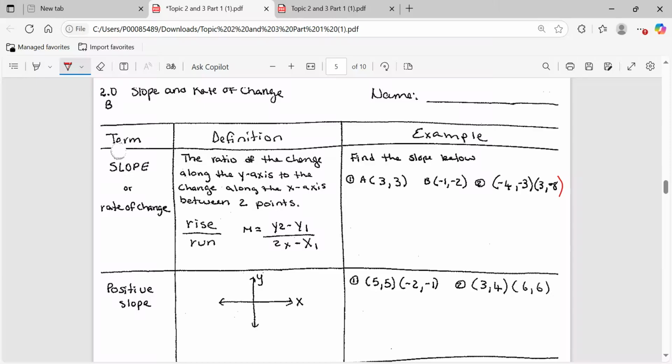Well, hello, Algebra. Today we're going to be doing 2.0b, which is just talking about slope and rate of change. That's slope from 2 points, slope from a graph, and slope from a table. So if we're going to find the slope, also known as rate of change, slope is the same thing. Most of the times we use slope, but it is the same as rate